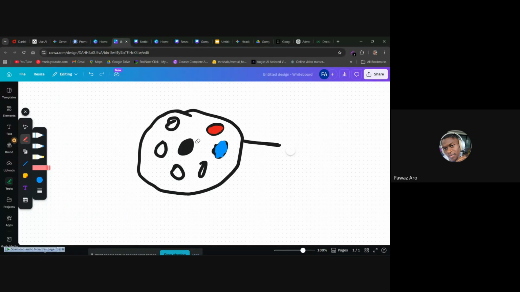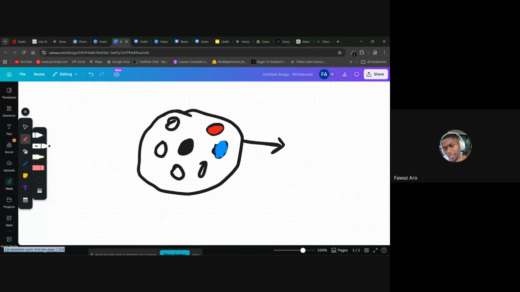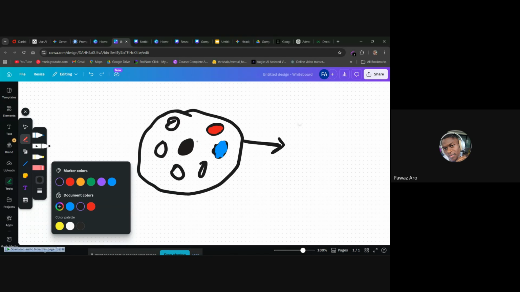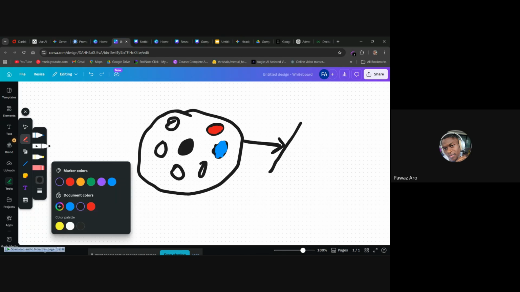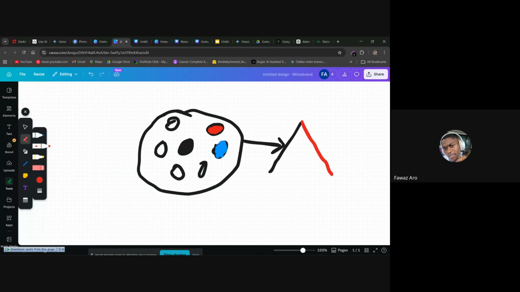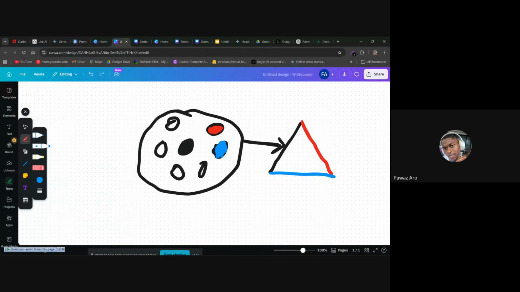Let me clean up this rectangle, so I can make it clearer. Let's say you have one part of the triangle black, then another part of the triangle red, and then another part of the triangle blue. So now this is what makes up the triangle. When we are looking at this feature or the data set, we are trying to check,